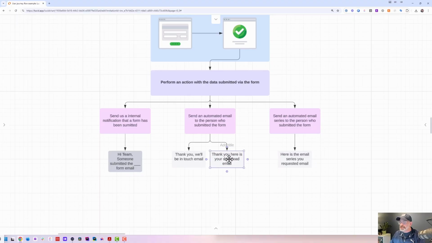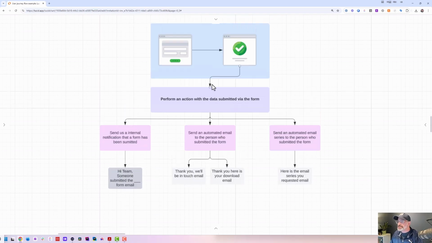And over here, let's say we were doing some kind of lead magnet where we want to send them an email with a prize. Well, that's what a lead magnet is. It's a prize with a PDF or some instructions. So for example, instead of this being a contact form, this could be a lead magnet form. It doesn't matter where it's